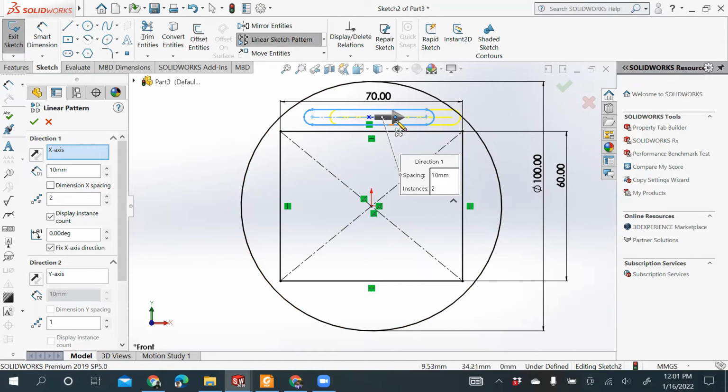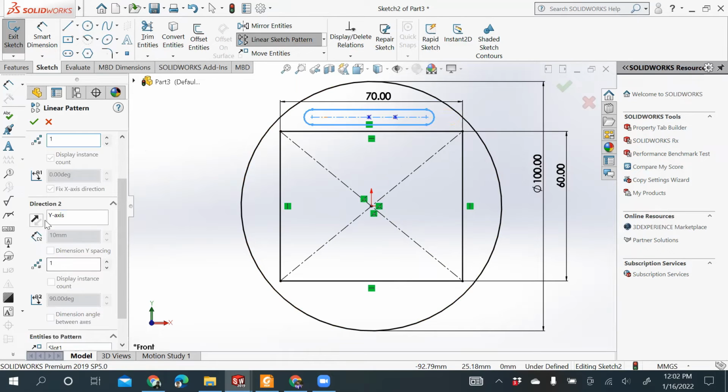Now I want it to be linearly sketched in this direction, y direction. I want this to be here down. So I'll just put this as 1. Putting this as 1 will deselect this particular thing. And as we want this pattern to be on this y-axis, I'll put it 2 here. And as soon as I put 2 here, this y-axis gets activated. Now I want it on an opposite direction. See? And the spacing should be at about